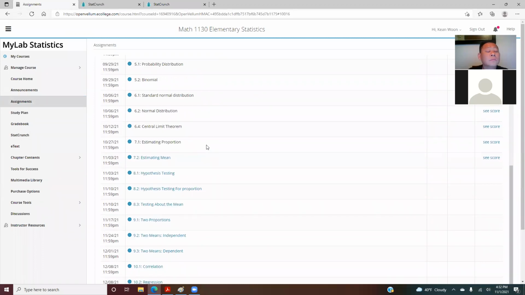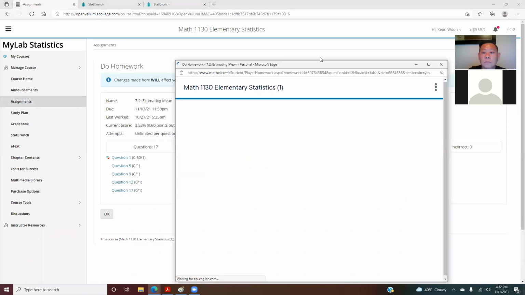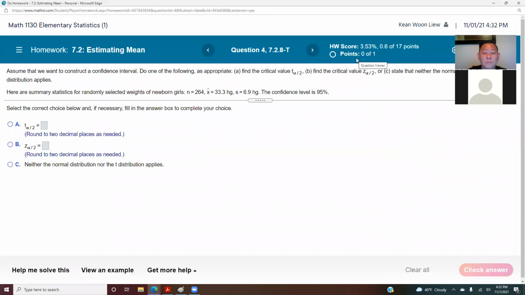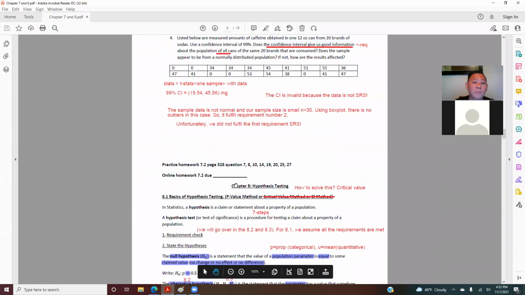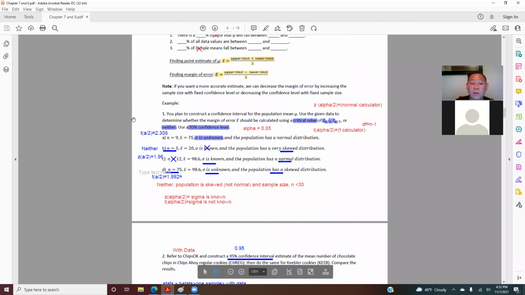Okay, so for question 4, it's asking me to construct a confidence interval, and it wants me to find the critical value for this, and the critical value for Z. I'm lost. So in order for you to find the critical value, which is the first example that we did here,